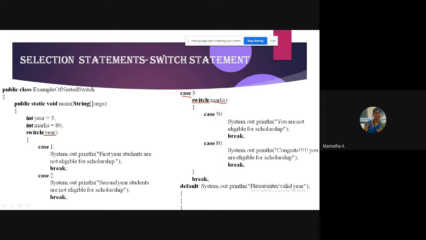Okay, simple example this is, right? If his marks is 50, he is not eligible. If his marks is 80, he is eligible. Then break. See, this is with respect to the inner switch, right? And then this is your break statement for case 3. Default: if he enters any other year apart from 1 to 3, it will give me the message to please enter